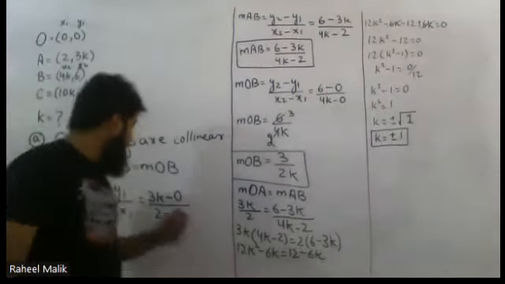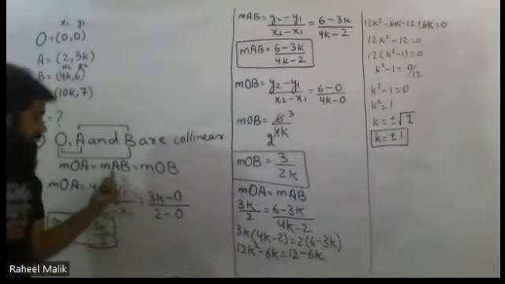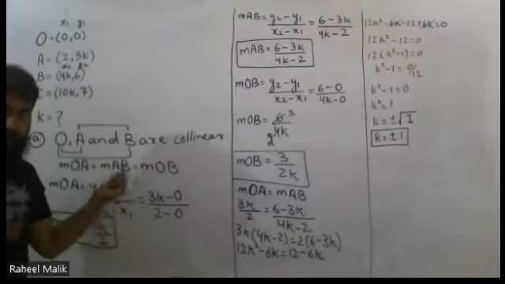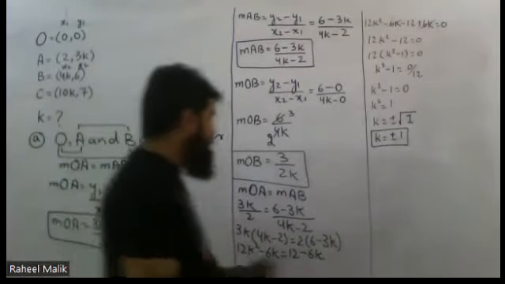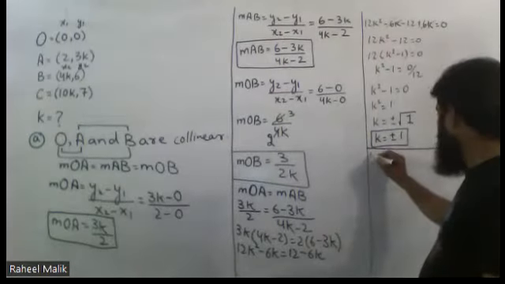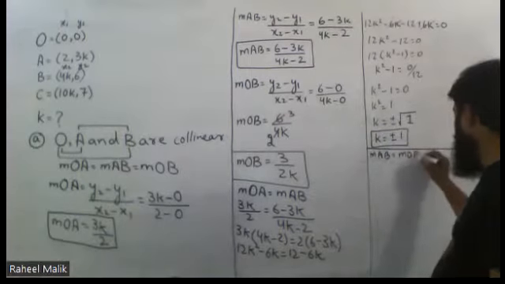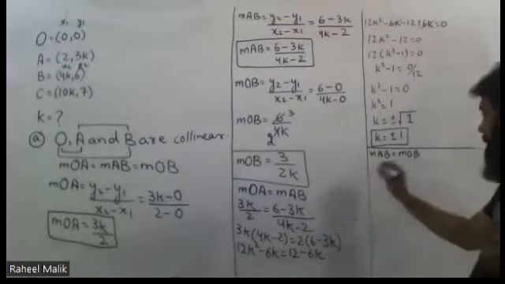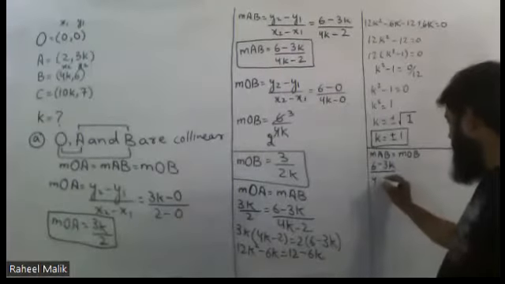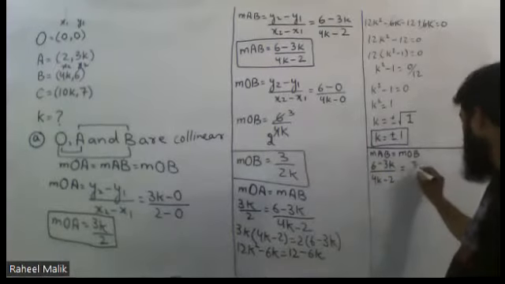I'm going to show you that I have selected these two first. What if I would have taken these two to get the result? What would happen if I take these two to get the result? So, gradient of AB equals gradient of OB. So what is AB? (6 minus 3k) over (4k minus 2), and gradient of OB is coming 3 over